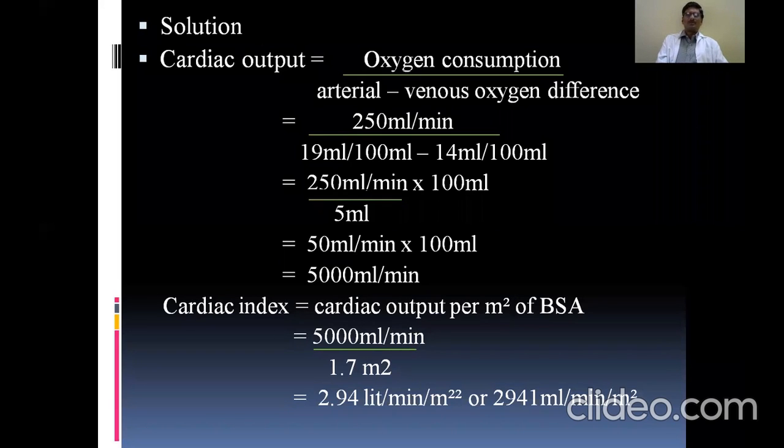Normally these problems will be given in the examination. If you know the formula, you can apply these values and easily get the answers. And if you answer the relevant theory questions, like what is stroke volume, what is cardiac output, what is the normal heart rate, and so on, they will give marks easily. So I hope the problems are very easy. It is much easier than your level. I hope all of you understood and you can perform better in the exam. We'll see some more problems related to kidney functions in the next class. Thank you.